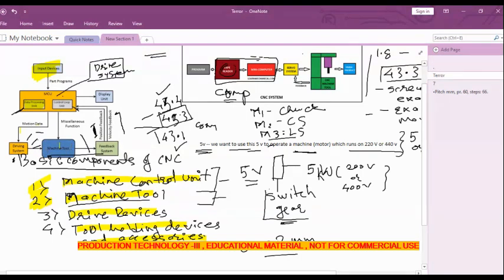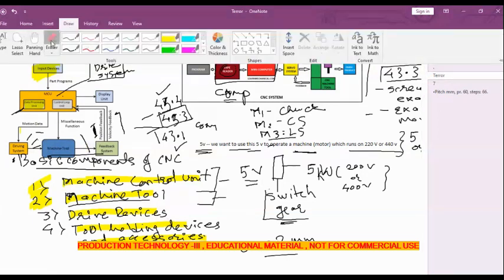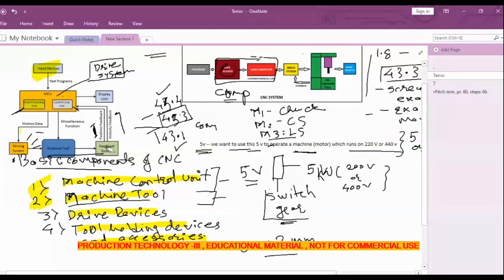Whether the given motion data is exactly achieved or not is checked by a system, and that system is called the feedback system. So this feedback system gives us a signal or a condition that the given displacement which was required, to have 43.3 mm or xyz amount of motion in the linear scale of the longitudinal or cross feed, has been achieved or not. If it is achieved, then the system is performing properly.